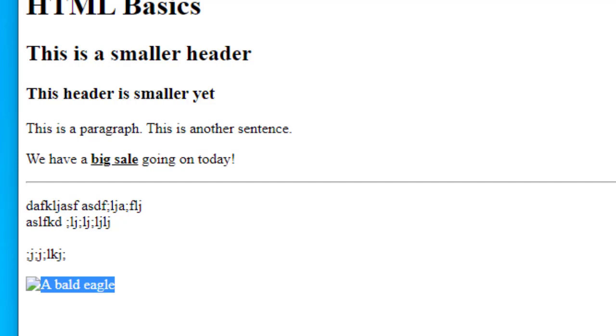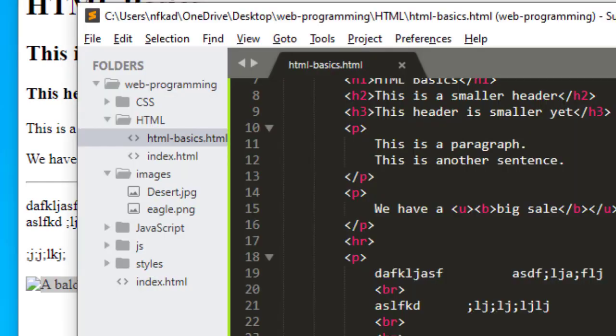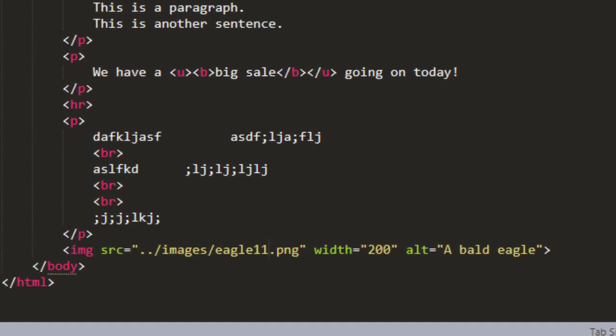So you should always include an alt attribute when you add an image to a web page. There's a big story behind all that, but it'd be a big no-no for you to add an image to a web page and not include the alt attribute. So back here in Sublime Text, I'm going to fix my typo there so my image will show up properly on the page. I've got one more element that I want to share with you, and then we'll be done